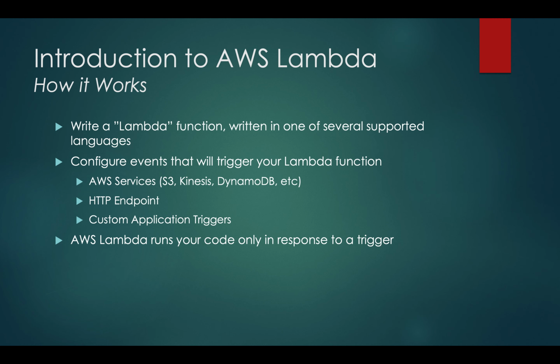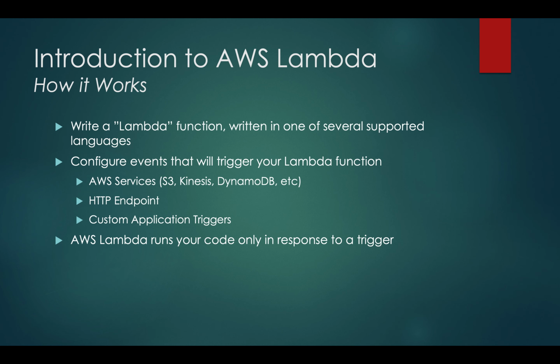And the key point here, and this is going to go back to that idea of continuous scaling, is that Lambda runs your code only in response to a trigger. And so it is continuously scaled in the sense that you never have to worry about what machine your code is running on. You just know, and Lambda provides the guarantee that if a trigger goes off that you have configured, your Lambda function will run. So you don't have to worry about any of the scaling of your instances. You don't even have to really worry about the idea of instances. You don't know what machine